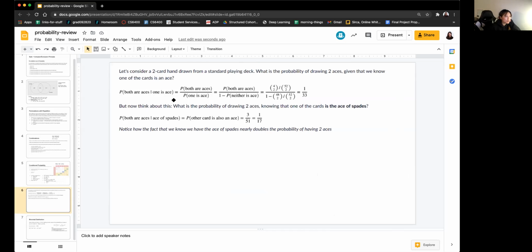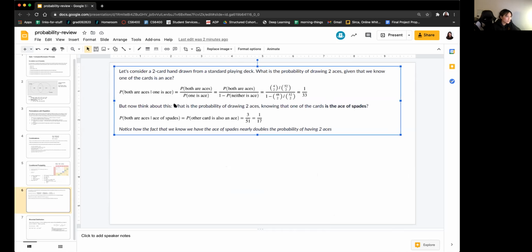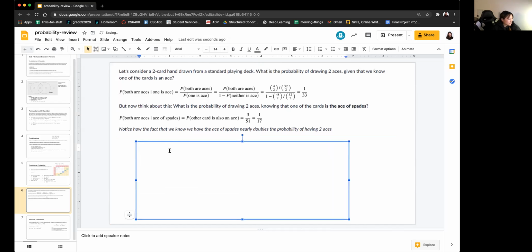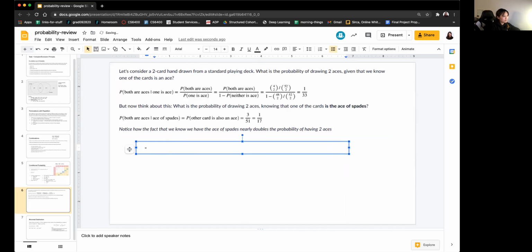So if you know that one of the cards is an ace, what they're doing here is laying it out in terms of the conditional probability formula. Given that one of the cards is an ace, what is the probability that both are aces? Then you can move things around, manipulate the equation such that it looks like this. I think getting from here to here is slightly harder. So let me get a text box here. All right, so finding the probability that both cards are aces, you're actually using